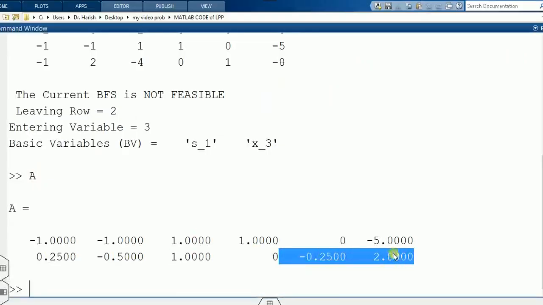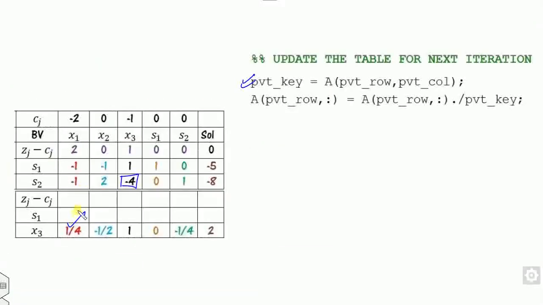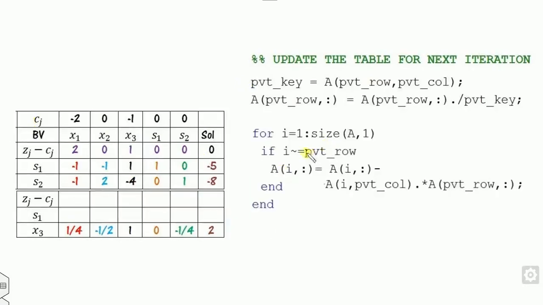So last value. Now, how do you find the updated values? You have to divide it. If this is my R1, this is my R2, this is updated. So how do you find this R1? You can use R1 minus R2. In MATLAB we can use the for loop. We have to update all those values which are not equal to the pivot row, A minus of this.